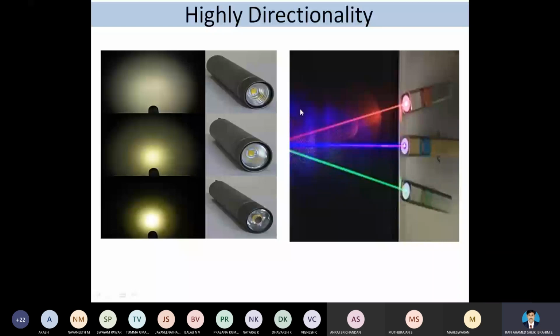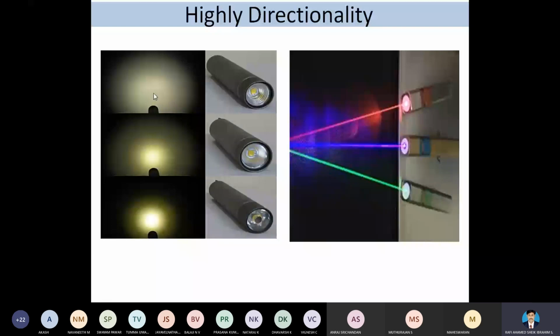We can see the variation. Why is the laser called highly directional? Because on the left hand side for the ordinary light we can see the angular spread. The angular spread is very large. The angular spread is nothing but this circle. And also we can see the difference that here the intensity, that is the brightness, is also becoming diminished.